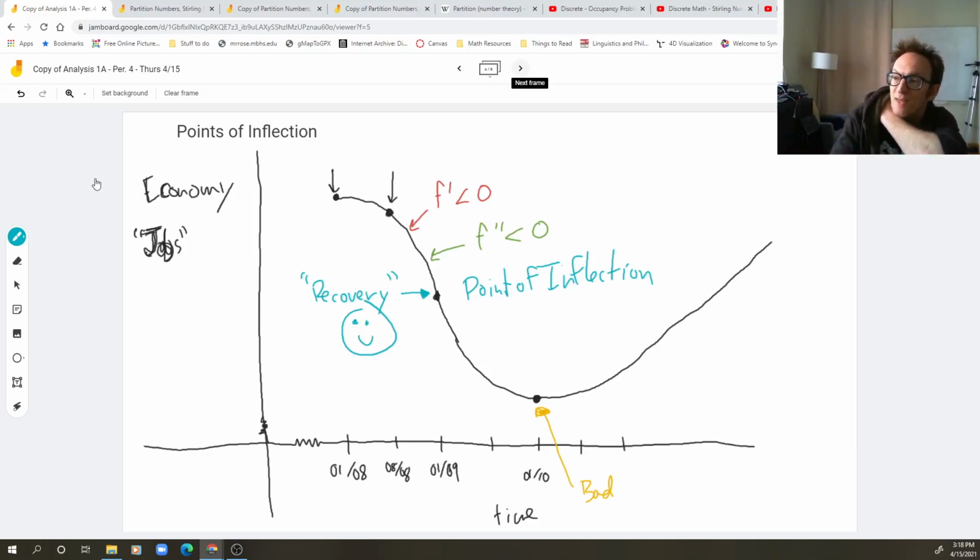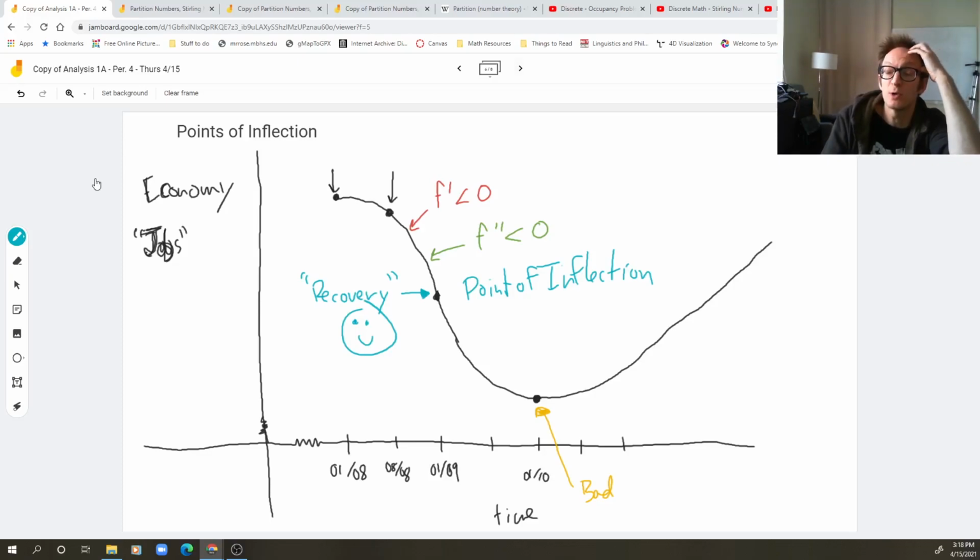Okay, and it's because when things are bad and getting worse, before they can actually get better, they have to stop getting worse so quickly, okay? And so the point of inflection is the point where things stop getting worse so quickly. They start getting worse more slowly, is one way of putting it. Okay,